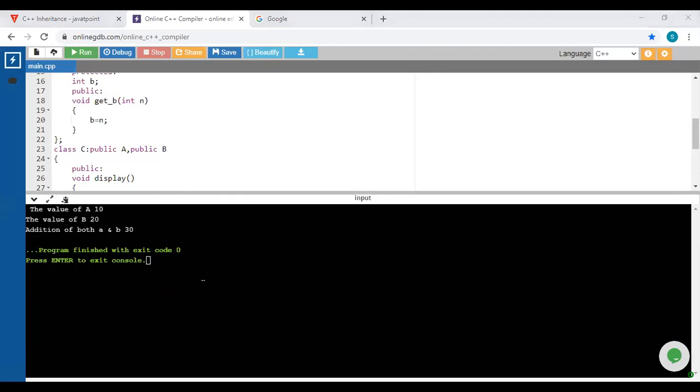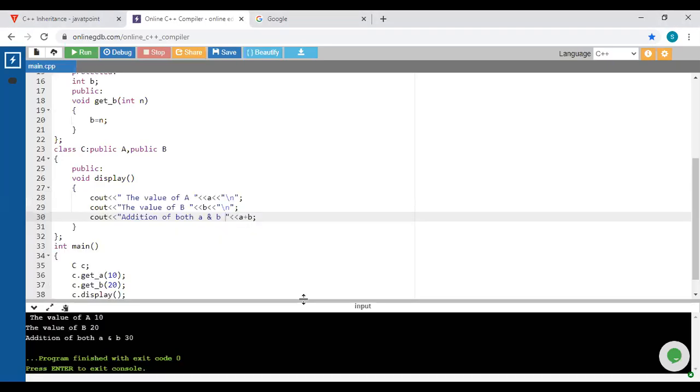Is there any error or any ambiguity with respect to multiple inheritance? Is there any chance to create a runtime ambiguity? First of all, I will tell you what is meant by ambiguity. Ambiguity means the meaning of that function or line is not clear to the compiler. The compiler gets confused about which function to compile for that line. For that reason, multiple inheritance can generate ambiguity.